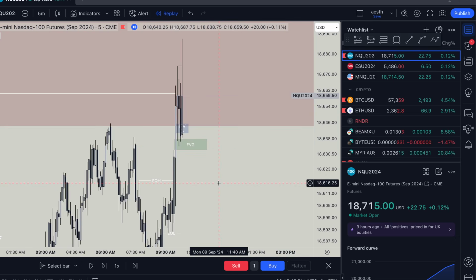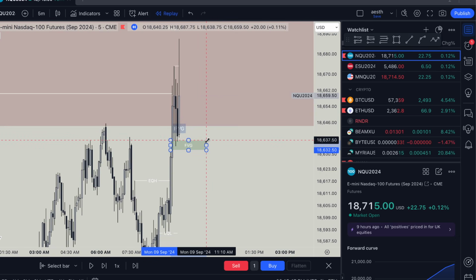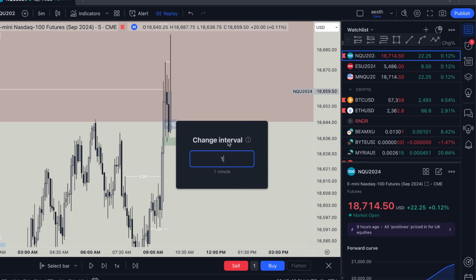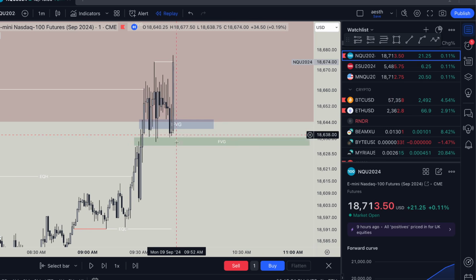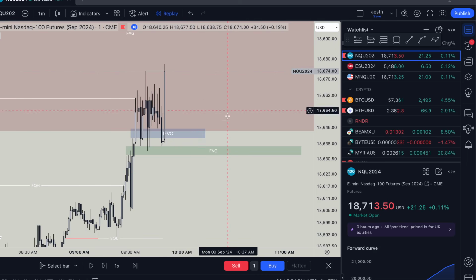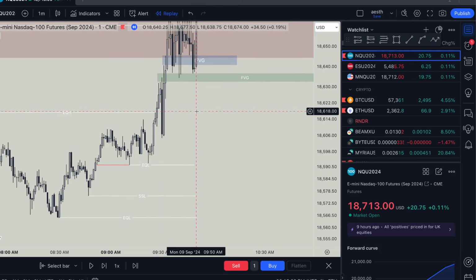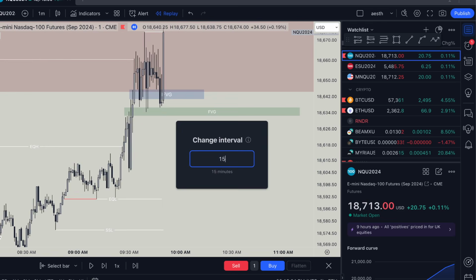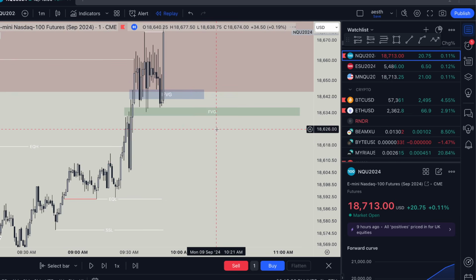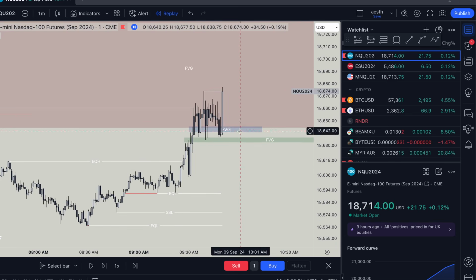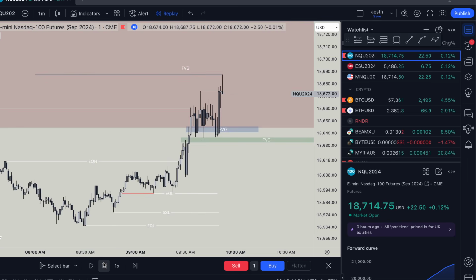And more importantly, we're respecting this 5-minute. So we're still inside this 5-minute. That's going to be the highest time frame in this leg. Clearly respected it. We got another run higher. These runs higher don't really affect our bearish draw because we still have all this liquidity down here. So we're not too worried about these constant sweeps of our internal high and little to no displacement above it.